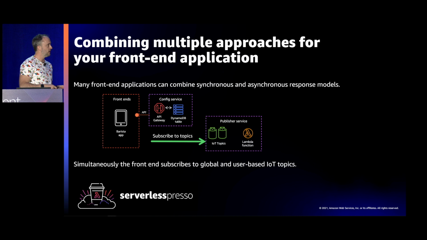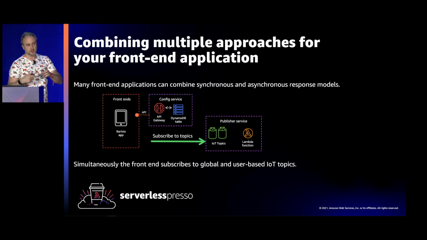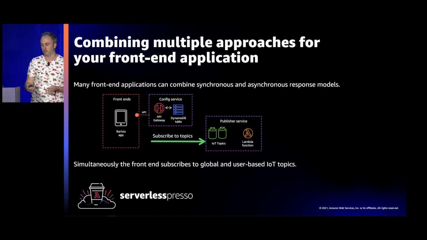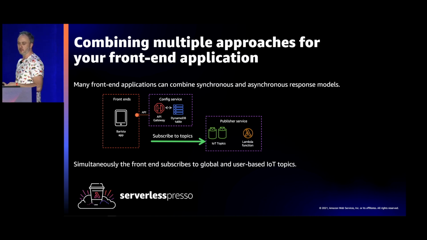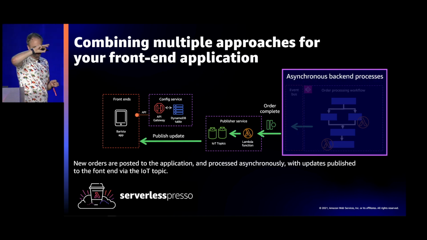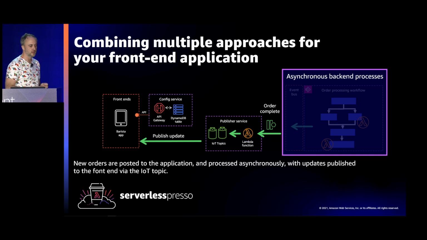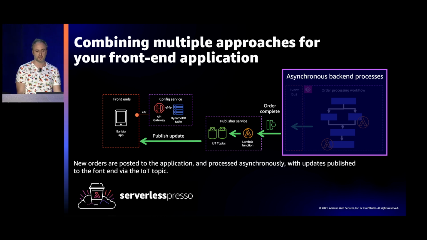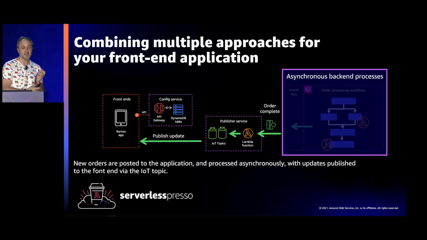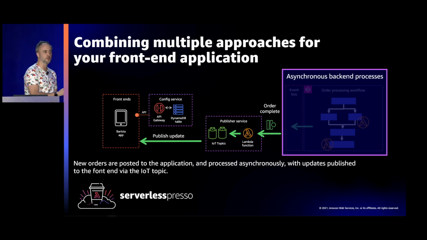It includes things like the menu items that are available to see what you're allowed to select. At the same time, once you're logged in, we subscribe you to a global IoT topic, which every user will receive messages for, and to a unique IoT topic, which your front end will receive messages for. And then our application is doing all sorts of things asynchronously with state machines and with EventBridge. Whenever there's a relevant message that's important for your front end to hear about, it will use the Lambda publisher service to publish a message onto that IoT topic, and that gets sent back to your front-end device. And there you go. You have live, kind of near real-time status updates about your asynchronous workloads.